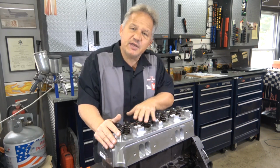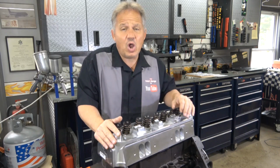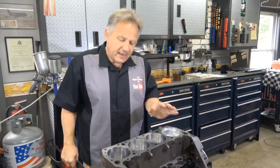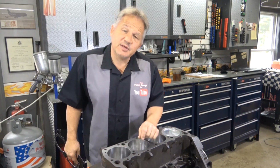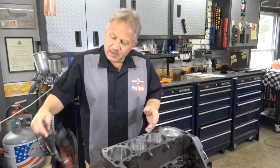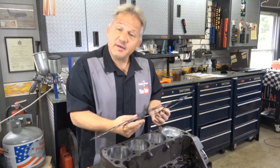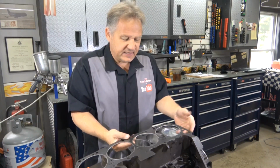So besides checking just the basic things, checking the top, checking the bottom, and cleaning off, that's about all I do before I install the cylinder head. Next, I clean the deck surface, make sure it's completely clean. I did write some numbers on there earlier, so I did clean those off, as well as cleaning off the pistons. Then I take my gasket, inspect the gasket, look for anything that says this side up, this side front,